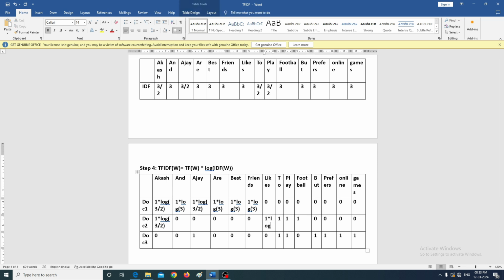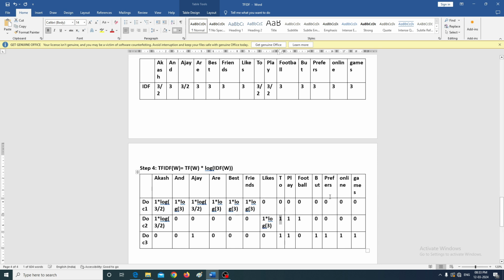log of IDF of W, IDF of likes word. IDF of likes word would be 3. So I am placing log of 3 here. Next, the term frequency of the 2 word is 1, and I am calculating